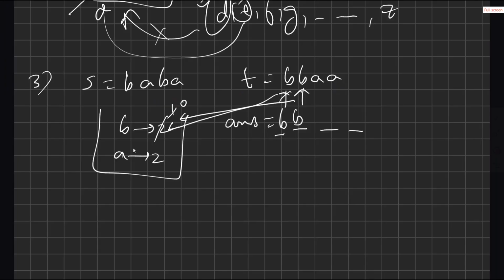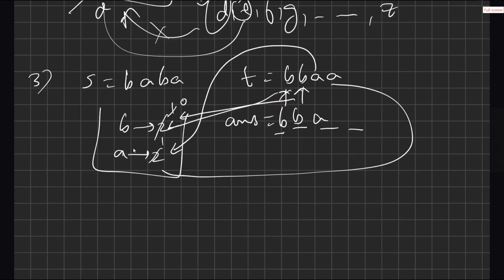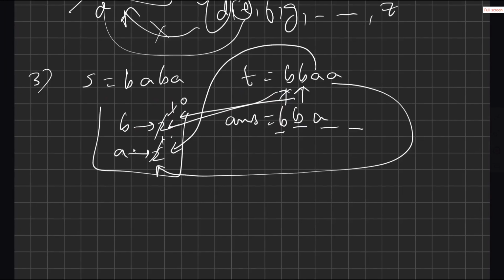B you're placing. Now you're trying to find A. A is present. Decrease the frequency, put it in here. Now you try to find A. A is present. Decrease the frequency, and you just put in A. And now if you see, the answer is equal to the target here, because we have got the answer in such a way that